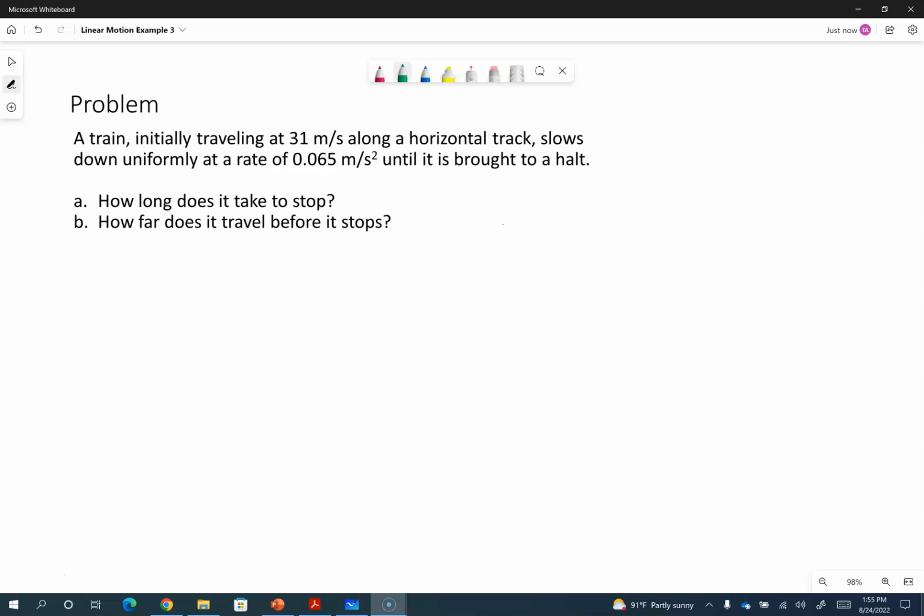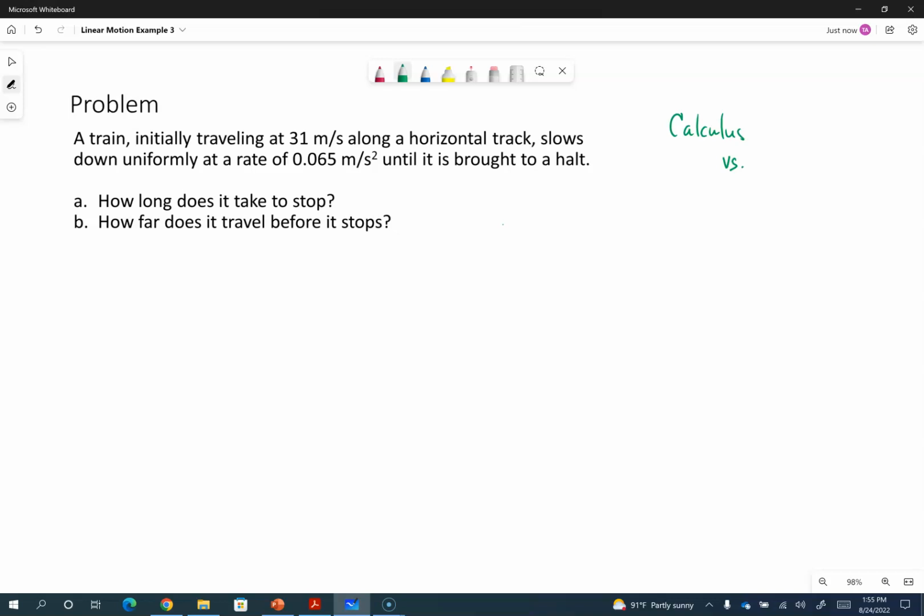Here we have another example of linear motion. We have a train traveling along a horizontal track, slows down uniformly at this rate until it's brought to a halt. So as a reminder, when we're talking about our linear motion, we need to decide if we need to